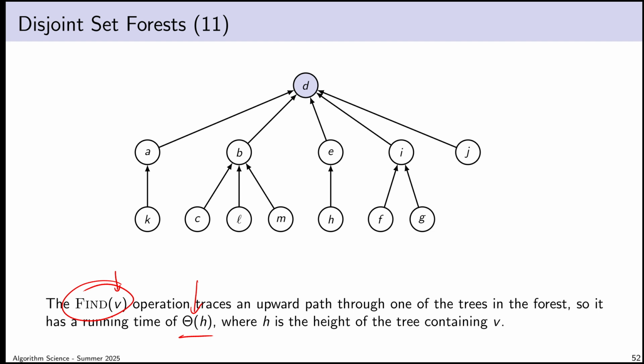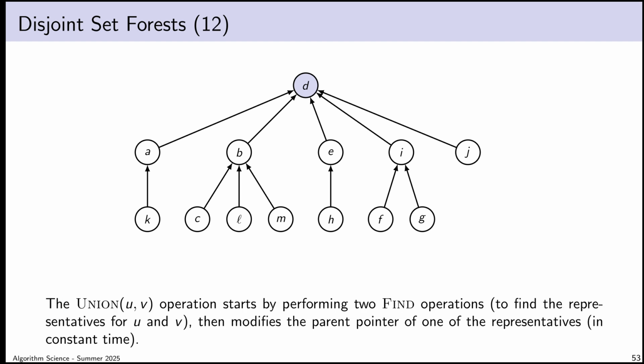That is, if I'm lucky, I might do find on a tree that's short, but if I'm unlucky, I might do find on a tree that's very tall. So it's big theta of h, where h is the height of the tallest tree among all the trees that represent any set in the collection. Now, the union operation, if we think about it: